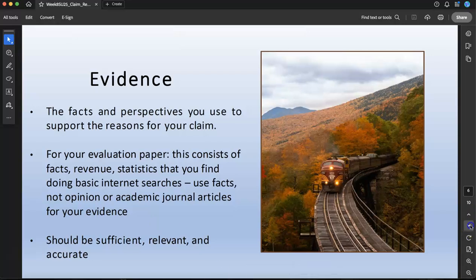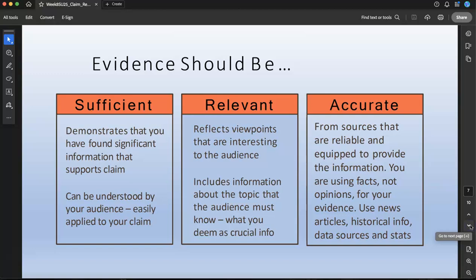All right, moving on. So your evidence should be sufficient. There should be enough there to support your claim, not just some minor fact, but something that's substantial. It should be relevant, like it connects to your audience and to your overall thesis. And then also it should be accurate. Now, again, you're going to have to use your best judgment on this, but things like revenue, number of streams, number of albums sold, if you're looking at something like a TV series and you're claiming it was the best sitcom ever in America, you would look at all those numbers